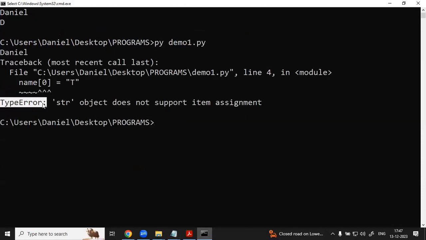Wow. We are getting an error. What is that error? Read, everyone. One more time. Sir, very, very important. Now read the description also. STR object does not support what exactly, sir? Item assignment. Indirectly, it is saying, hey boss, once you created a string data type, it is fixed. Don't try to change. If you try to change, you will get an error. That error name is TypeError. Good.